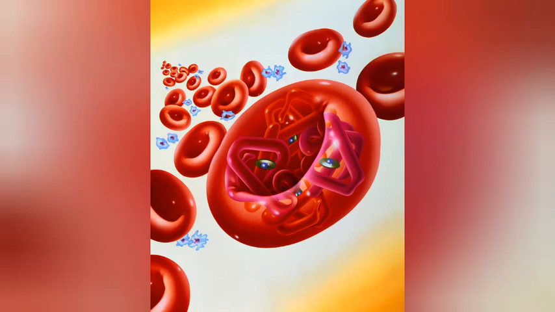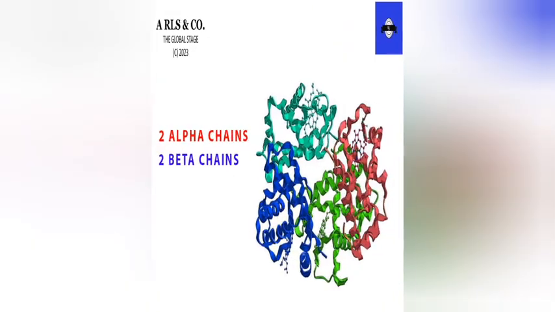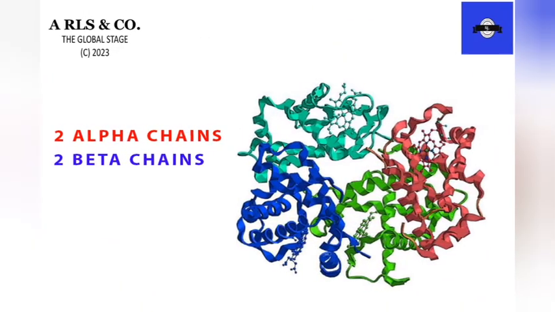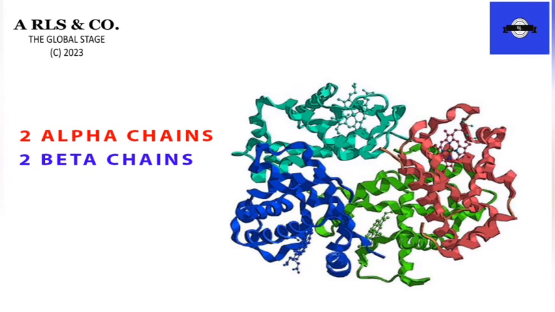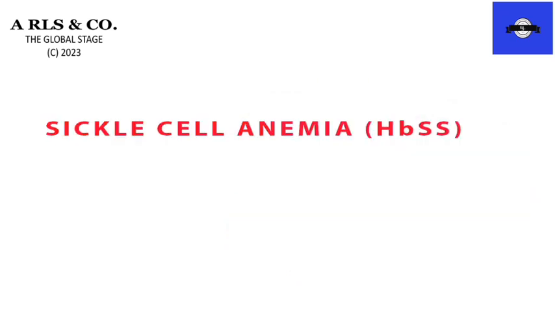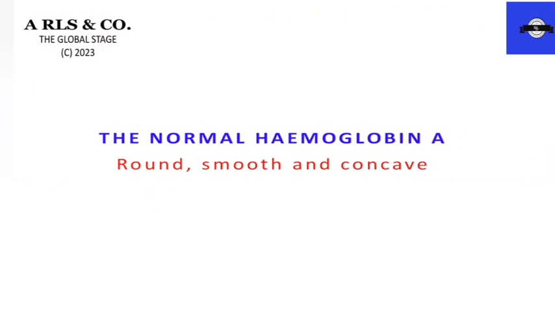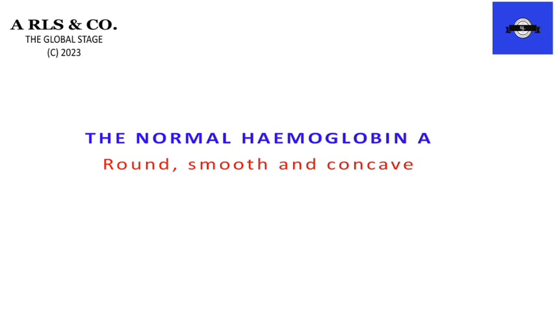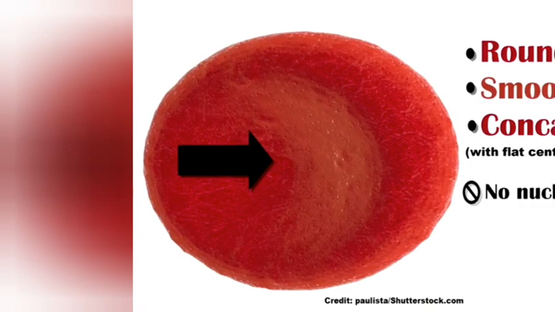The adult hemoglobin is composed of 4 protein chains, 2 alpha and 2 beta chains. A mutation in these 2 beta chains is what is responsible for the types of sickle cell diseases. Remember, our focus is on sickle cell anemia, HbSS. The normal hemoglobin is called hemoglobin A, and it is round, smooth, and concave in shape and does not